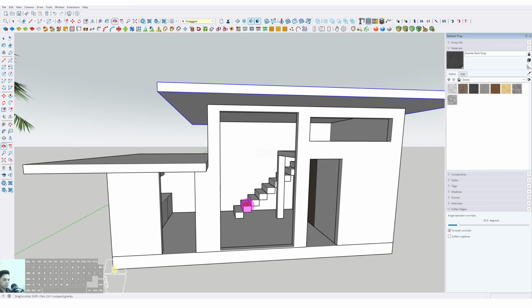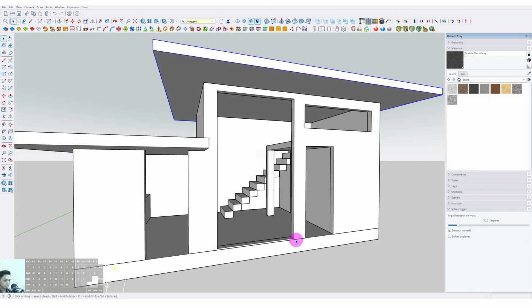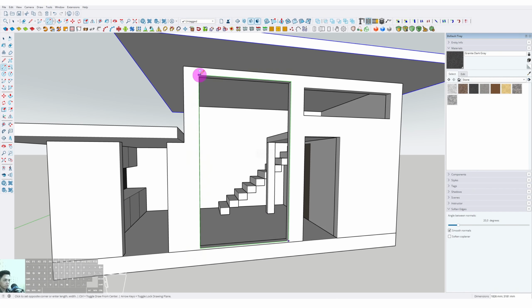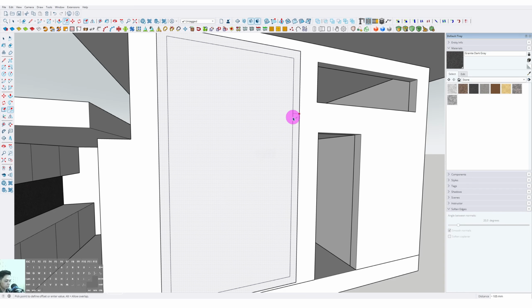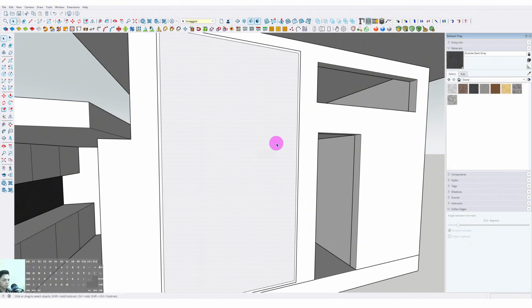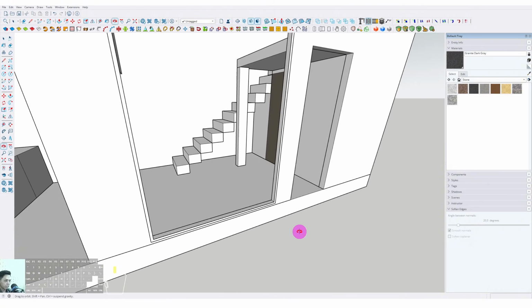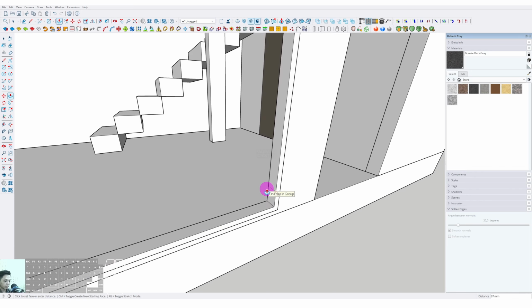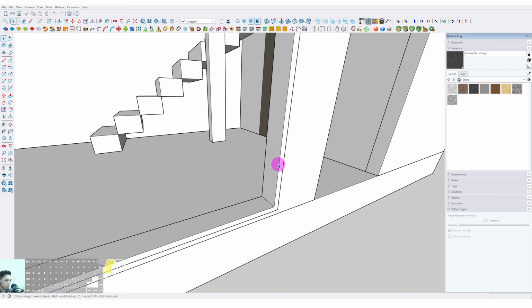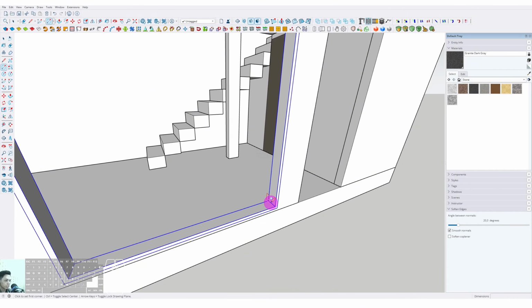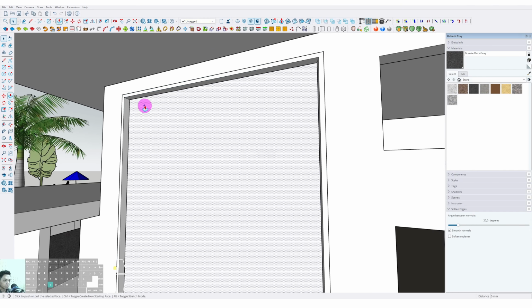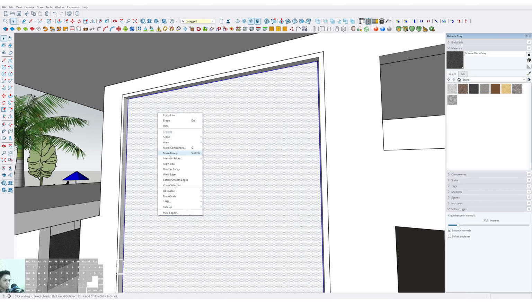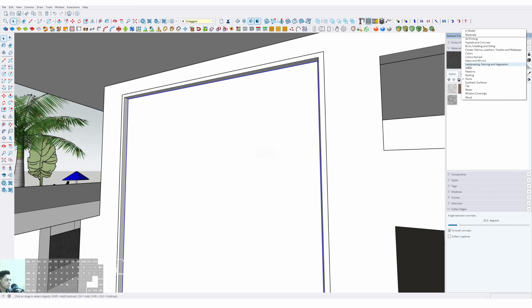And okay, and now we can also make the glass. We can set up the thickness like 30 millimeter approximately, so it will be the iron frame type. Then now we can type 120 there, and double click, right click, and also make group. And then now we can make the glazing in here, and just push it to the front, double click, right click, and make group, and select the glass,